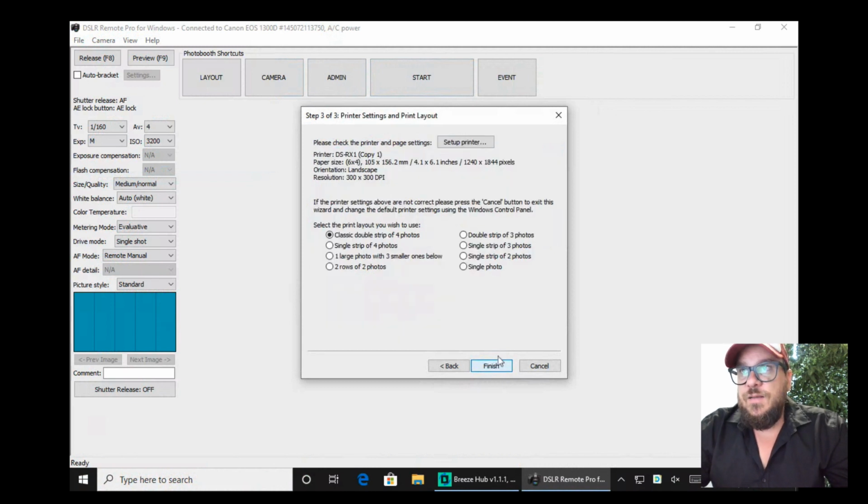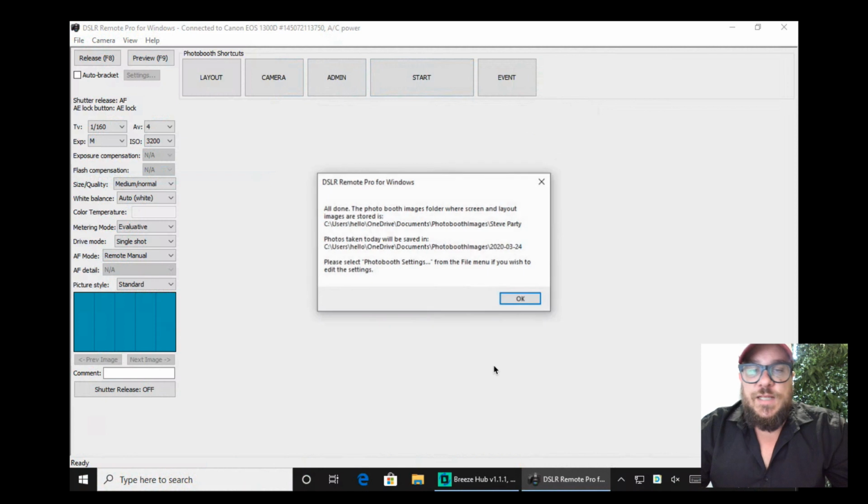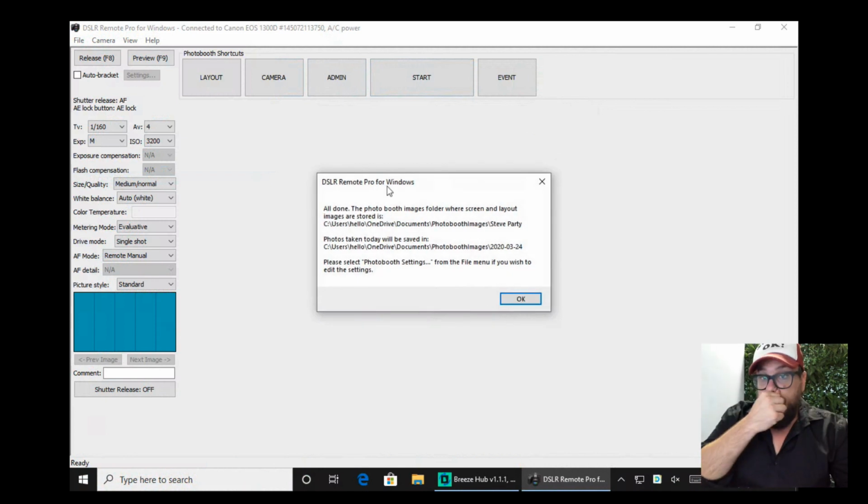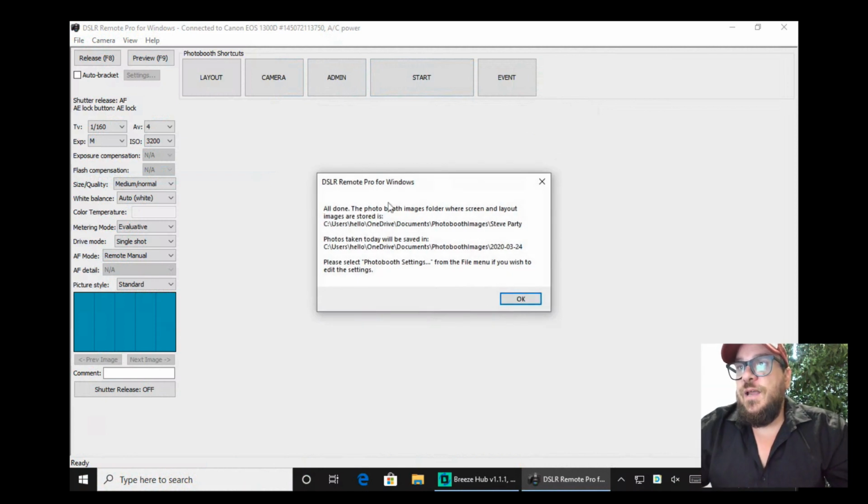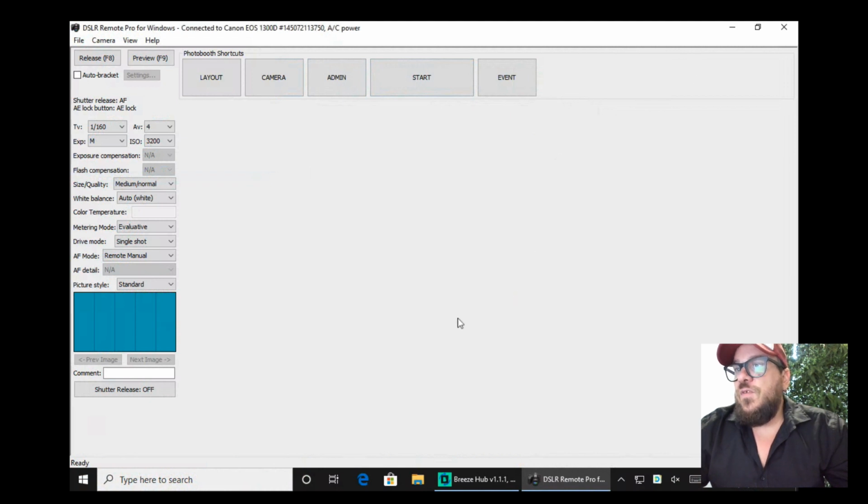And the last question is just about our print layout. So for now we'll go for a double strip of 3 photos, and then we'll hit the finish button. What that's going to do is set up all the screens for us, and it's going to tell you where they're being stored. So it's basically my documents folder, photo booth images, Steve Party. And it's also showing me where the images are going to save to my computer as well. So we'll OK that, and we'll just have a quick look